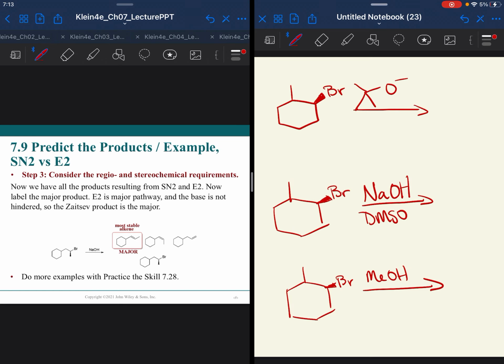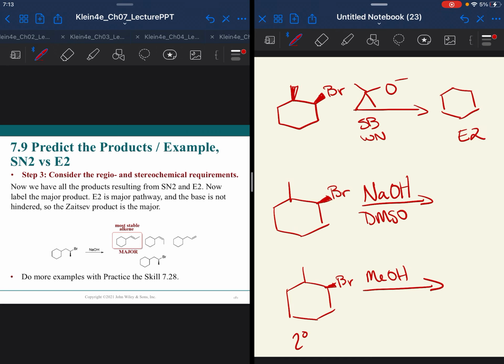All right, so we have the same starting material, but 3 different reagents. So starting material is secondary for each one of these. The reagent, let's look at the first one. The first one, we have a strong base, weak nucleophile. We know that bulky base is going to lead to an E2 mechanism. Now, we have to be thoughtful